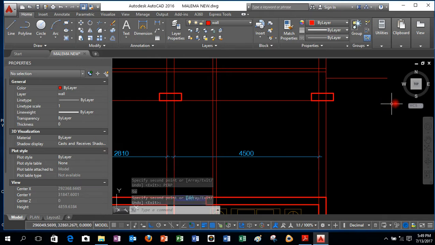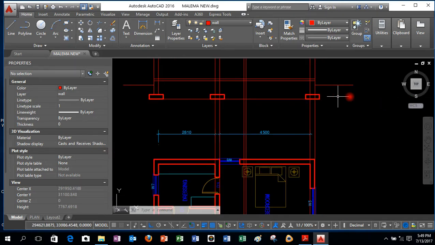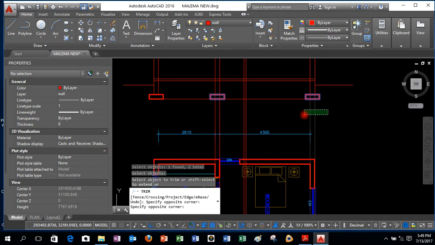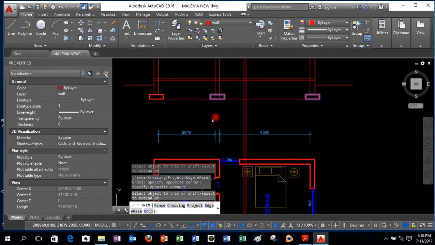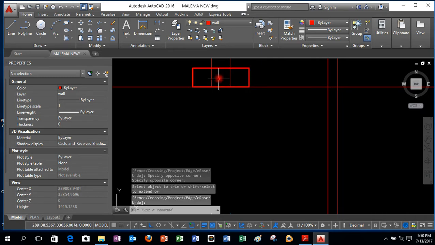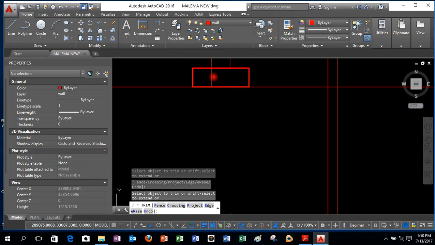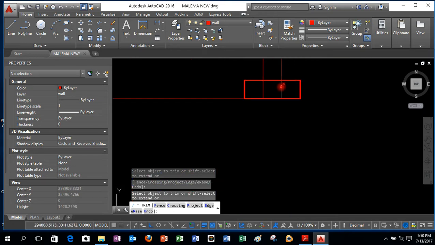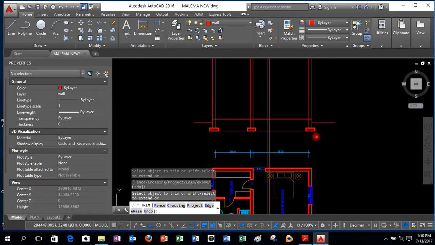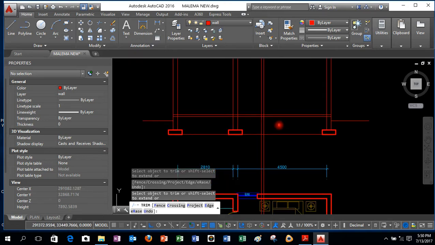And again, we can trim this. We say trim, then you select the cutting edges. That's if we have that one, and that one too, press enter, and then you select these lines to be trimmed, so that line to be trimmed. And we access the trim command again, then you press enter, and then you select those lines that are supposed to be removed. So we are removing this. We are also removing that one. We're removing that one. So for this, I believe we should be through with